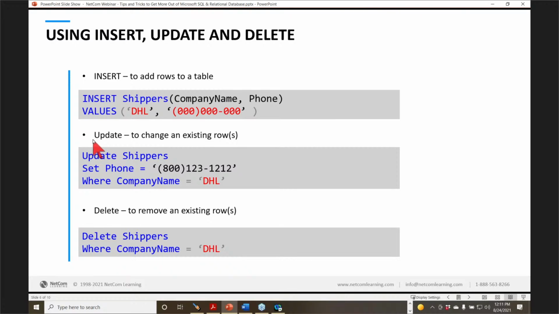If you want to modify the data, we use an update statement. You can see we're going to update shippers, and there's a column called phone, and we're going to change the value from all zeros to 800-123-1212. When you use the update statement, I'm going to use a where clause. If I don't use the where clause, I will update every record in the table. So I'm going to use a where clause to limit the modification to just the record where the company name